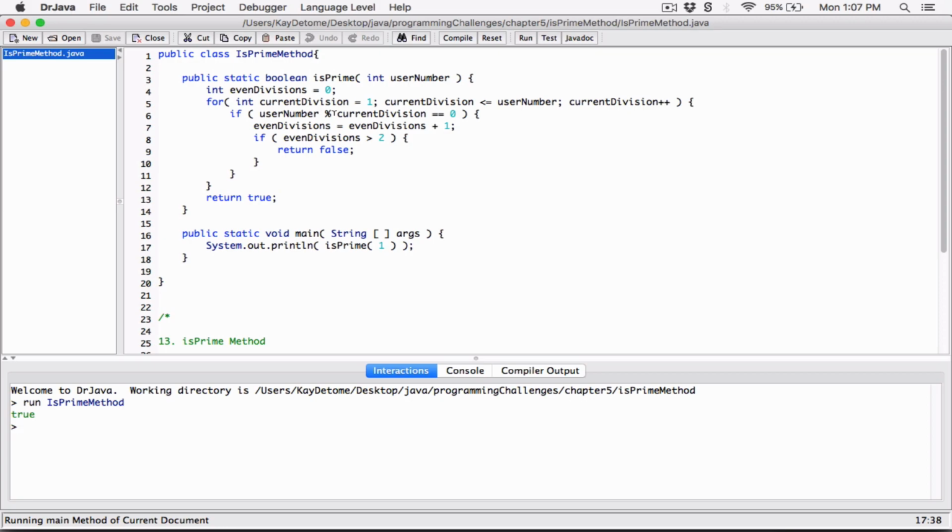So let's go ahead and, over here in this if statement Boolean expression, if even divisions is greater than 2, now I'm going to extend this Boolean expression and say or. I'm going to use the two pipes to represent the or and surround this with parentheses just so I know I'm dealing with just one expression here. So if even divisions is greater than 2 or the user number is equal to 1,